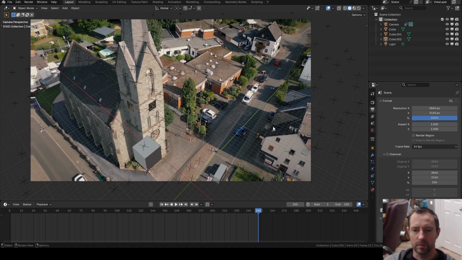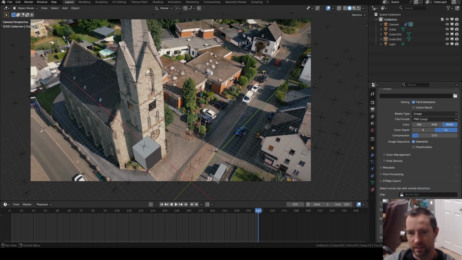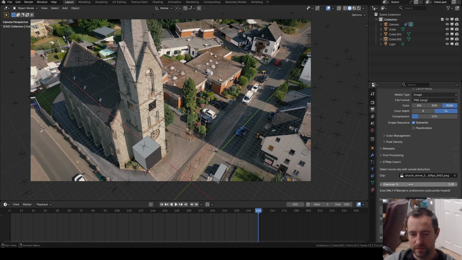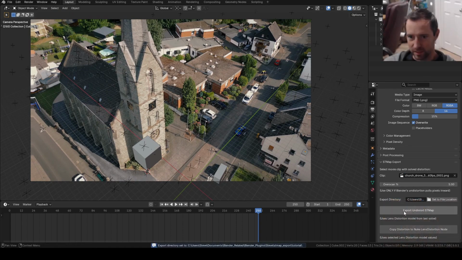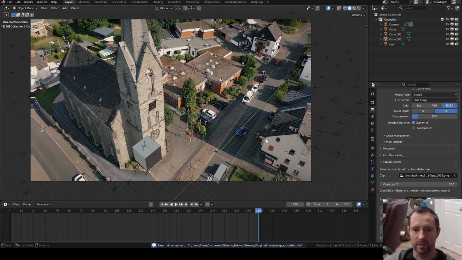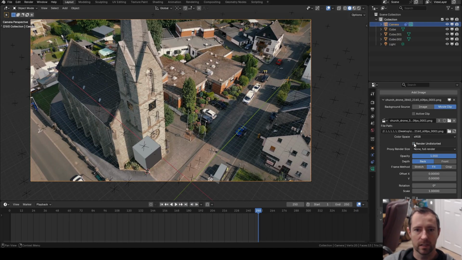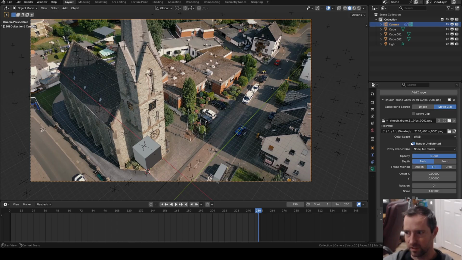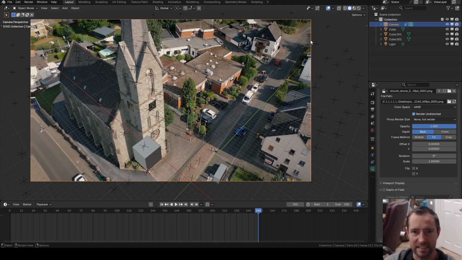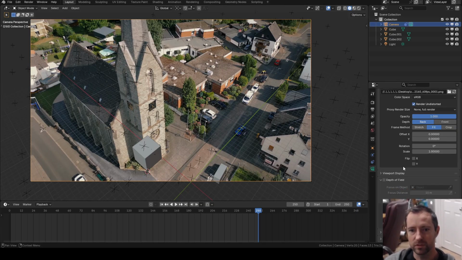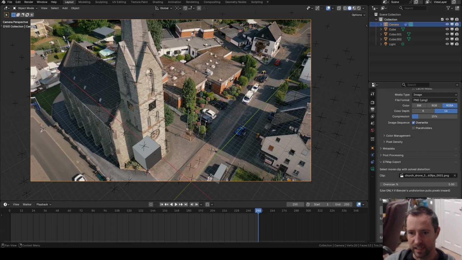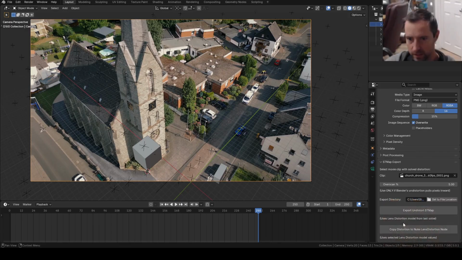So same thing. If we want to go into our output panel, we can select our movie clip and set the export directory to be where the Blender file is. This one has overscan because, let me show you what's going on here. If we uncheck render undistorted, you'll see that it pushes the pixels out. So that when it's doing the undistortion, it's undistorting inward for some reason on this shot. So keep that in mind, it's only a slight bit of move. So when we're going here to the overscan, I just have it set to a 5% overscan. So we'll just export the undistortion STMap,